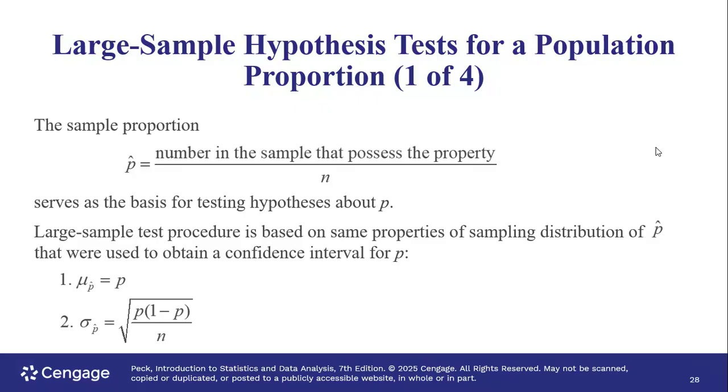The sample proportion is given by the symbol p hat. P hat is the number of the sample that possesses the property. The property here is sometimes referred to as number of success. N is the sample size. A good example of that is the number of students in the campus of all the students in the campus who have laptop computers, or